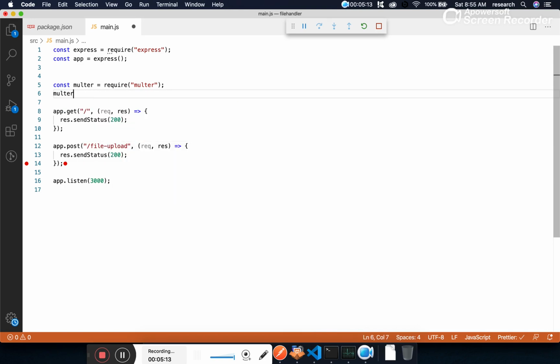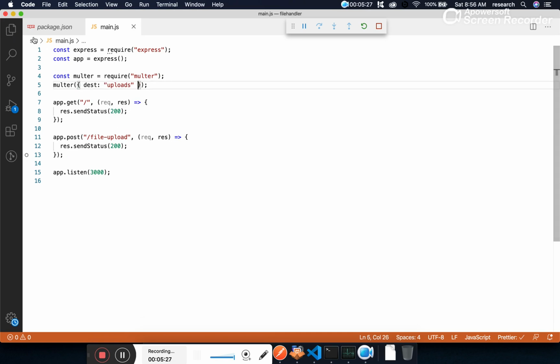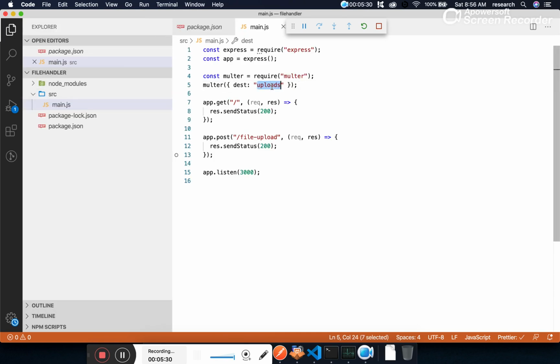Okay, and how do we specify that? By creating an instance of multer, and we have to specify here the destination. Let's suppose our destination is uploads. What does it mean? It will create an uploads folder in our project, and it will be uploading all our images. But by just writing this, our task is not over. How will our API come to know that it needs to call this multer?